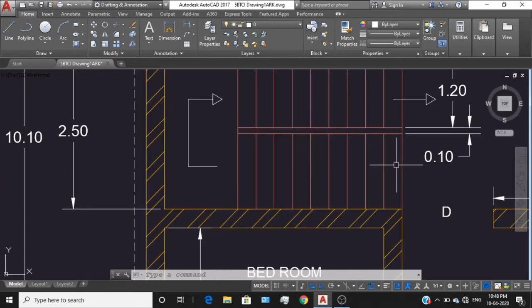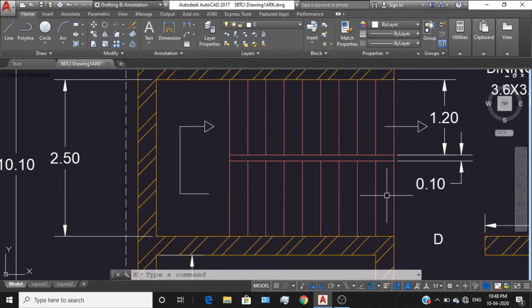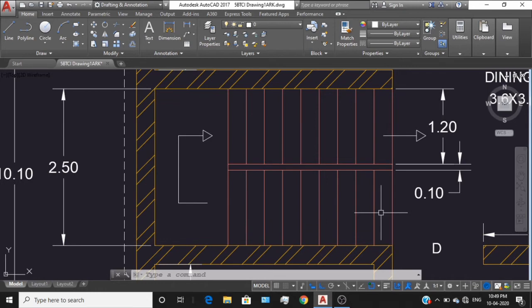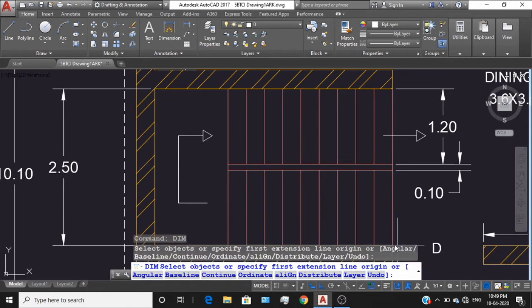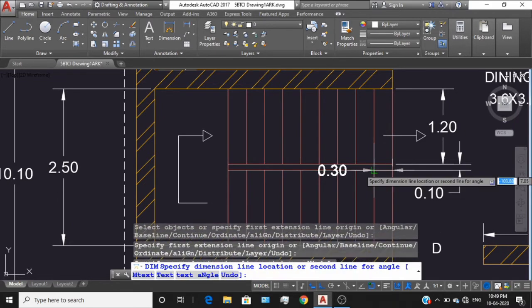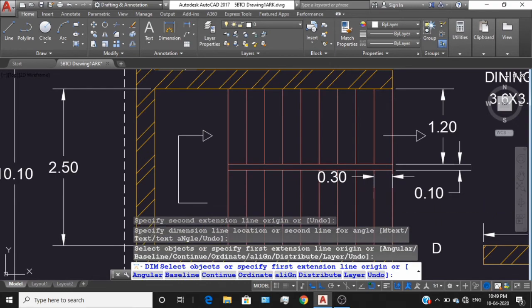You have to decide, you have to design. It's up to you. In the elevation or section elevation part, you need to decide that. You need to do the calculations as per the design. I'll take first the dimension DIM for the treads. It's 0.3. It's a standard.